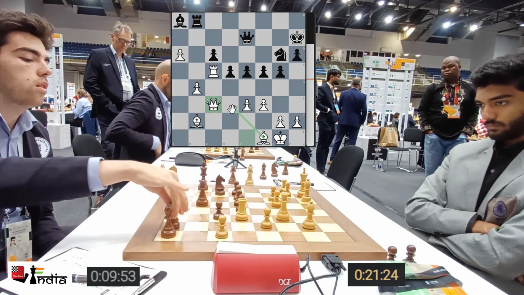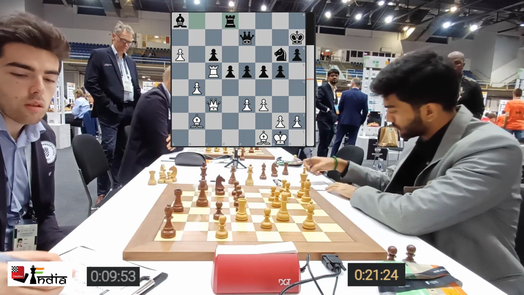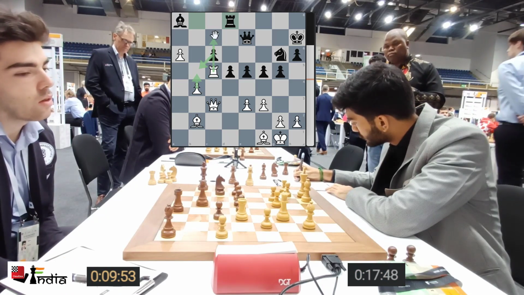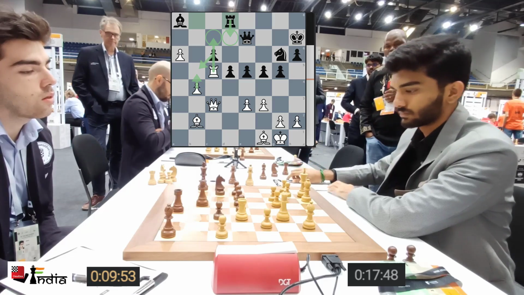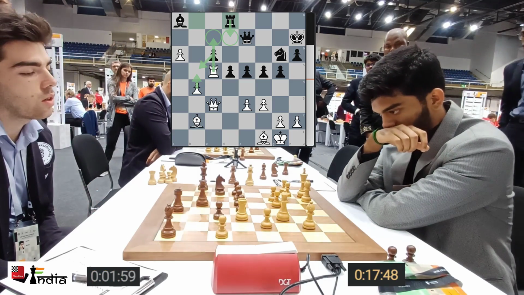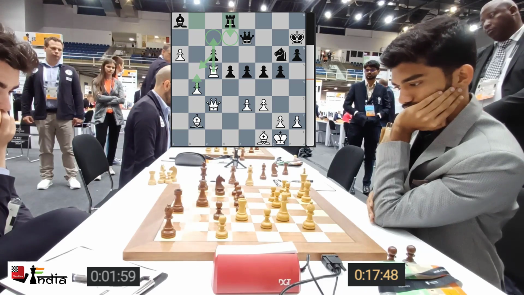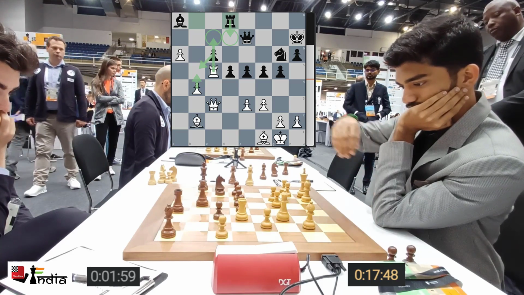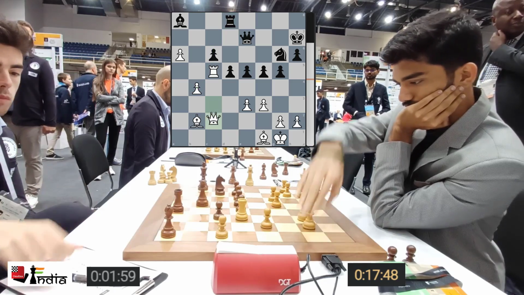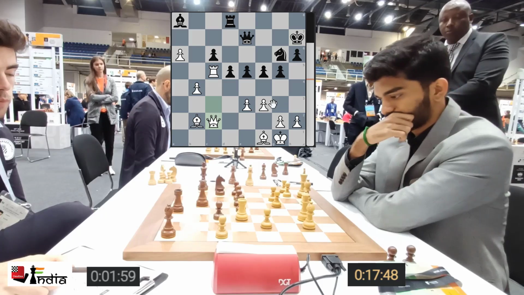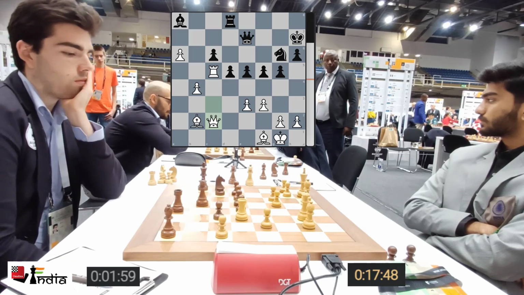Later on, the bishop can move to d3, b5 break can come in, rook d8 because the threat was b5 takes rook c7. Now he can block with rook d7 at least. And Gukesh looking for the kill now. Queen c2. I like this move. Putting pressure on f5. It's not easy to protect that pawn.